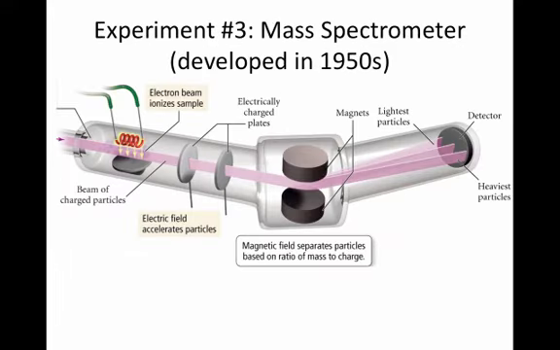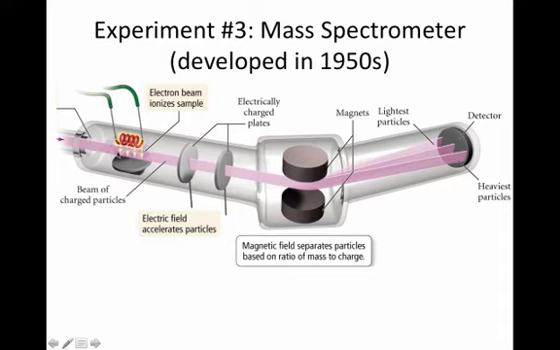Here's another experiment, the mass spectrometer, developed in the 1950s by many different people. It's not just attributed to one person. It's a little complicated. Let me walk you through it. So you start with a chemically pure sample, and you shoot it in here. So this might be just pure neon gas, or it might be some pure substance, some pure compound or element. It comes in a beam of particles, and then we shoot electrons at it, an electron